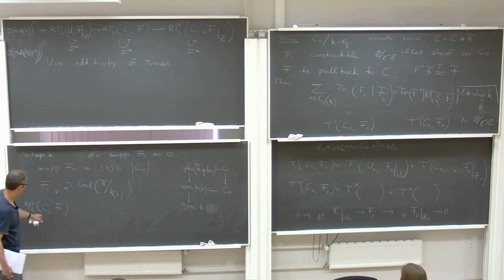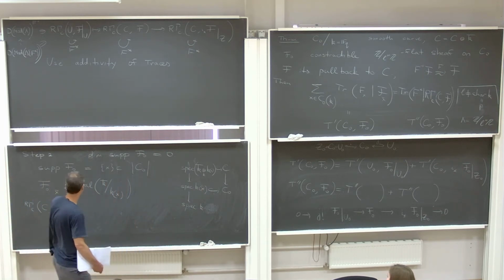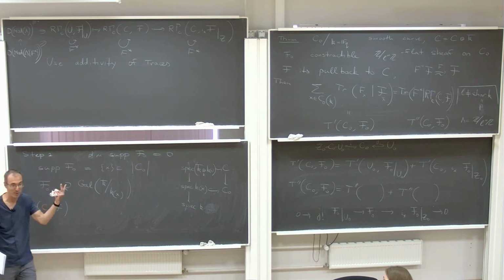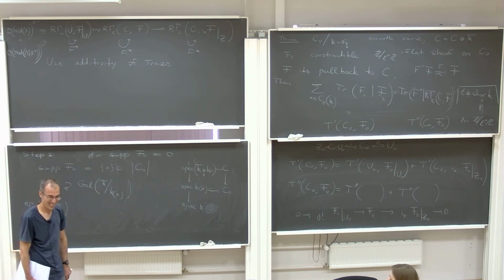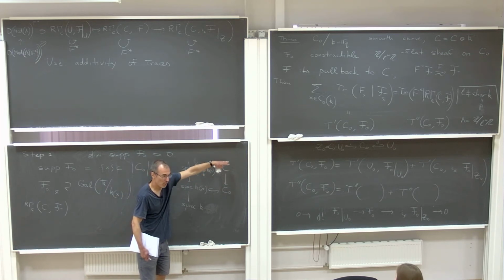So imagine that this guy is a free module over lambda. Suppose it has rank R. What is the rank of this guy? Wait, you don't compute the rank of a complex. Oh, yeah, but it's a sheaf supported at a finite number of points, so it has only 0 homology. That's a good point. R times degree of X. Very good. R times degree of X,